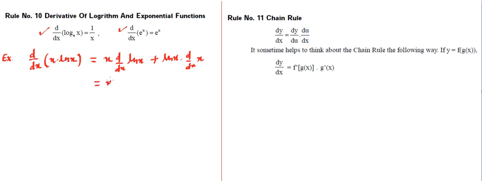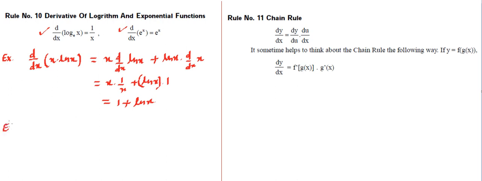And then this is x. The differentiation of ln x can be used from the above, so it's 1 by x, plus ln x, and this differentiation of x with respect to x will come out to be 1. Now this ln x is separate, and that 1 is separately getting multiplied, so that will become 1 plus ln x, so that becomes our answer. So this differentiation results in this thing that we can see from here.